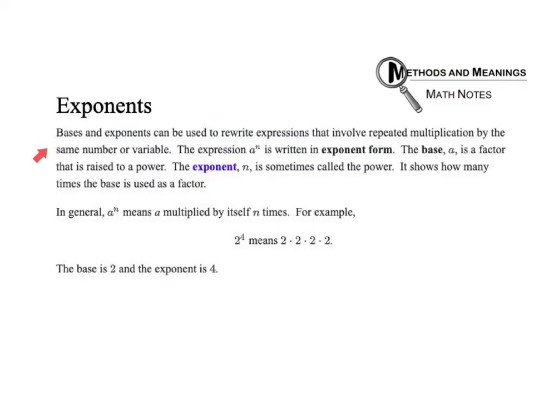So the big thing here is that bases and exponents can be used to rewrite expressions that involve repeated multiplication. This is your key thing. Repeated multiplication, which is exactly that phrase we used when we talked about geometric sequences. We said it is repeated multiplication. So what that means for you is this. It's a convenient way to write that instead of having to keep multiplying, keep multiplying, keep multiplying. So the expression a to the n is written in exponential form or exponent form. The base a is the factor that's raised to the power. The exponent n is called the power